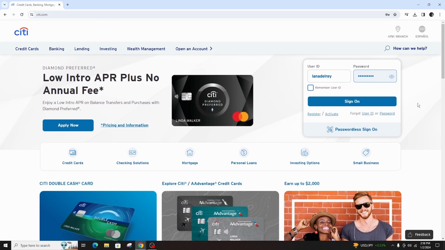In case you forgot, you can tap on Forgot User ID or Password and reset it. If you don't have a registered account, you can simply click on Register or Activate from here. And in case you have forgotten your account credentials, you can also log in with your QR code from another device. Now click on Sign In, and once you're logged into your Citibank, you can easily access your Costco credit